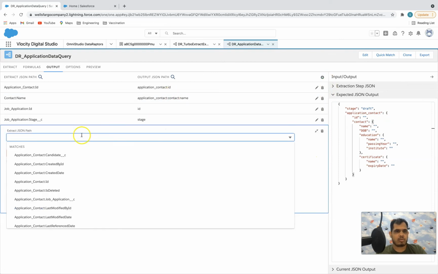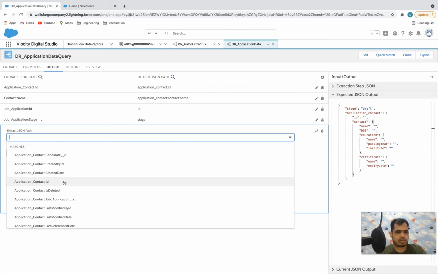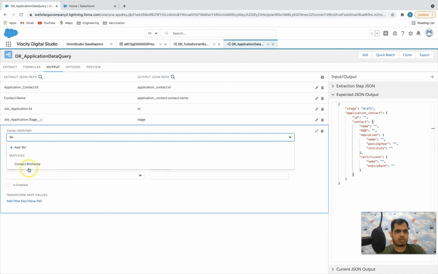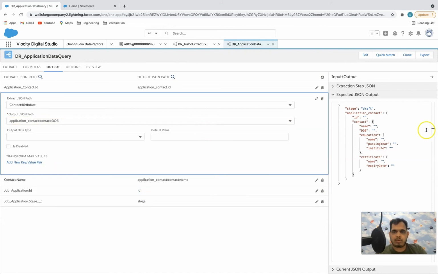I will create one more mapping: contact birth date will go to application contact colon DOB. Now I am not querying any other field of contact, but if you need, you can query that also.